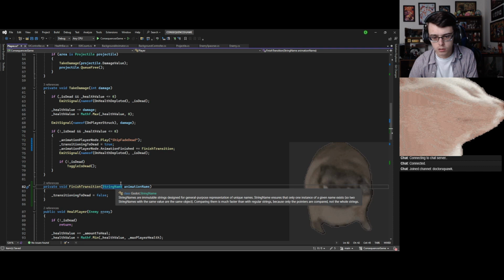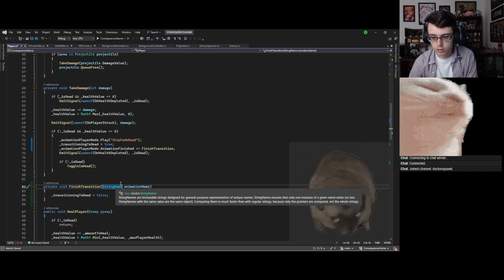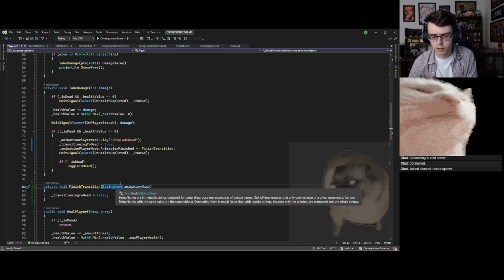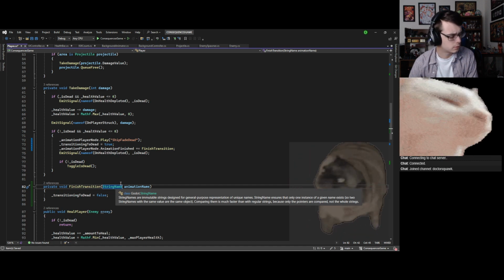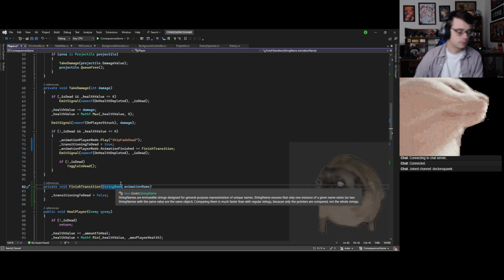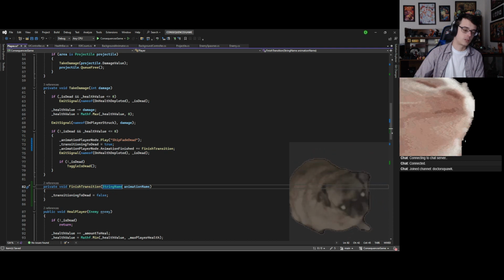Comparing them is much faster than with regular strings because only the pointers are compared, not the whole strings. Huh. Why don't they use this in more places? It's basically a static string.